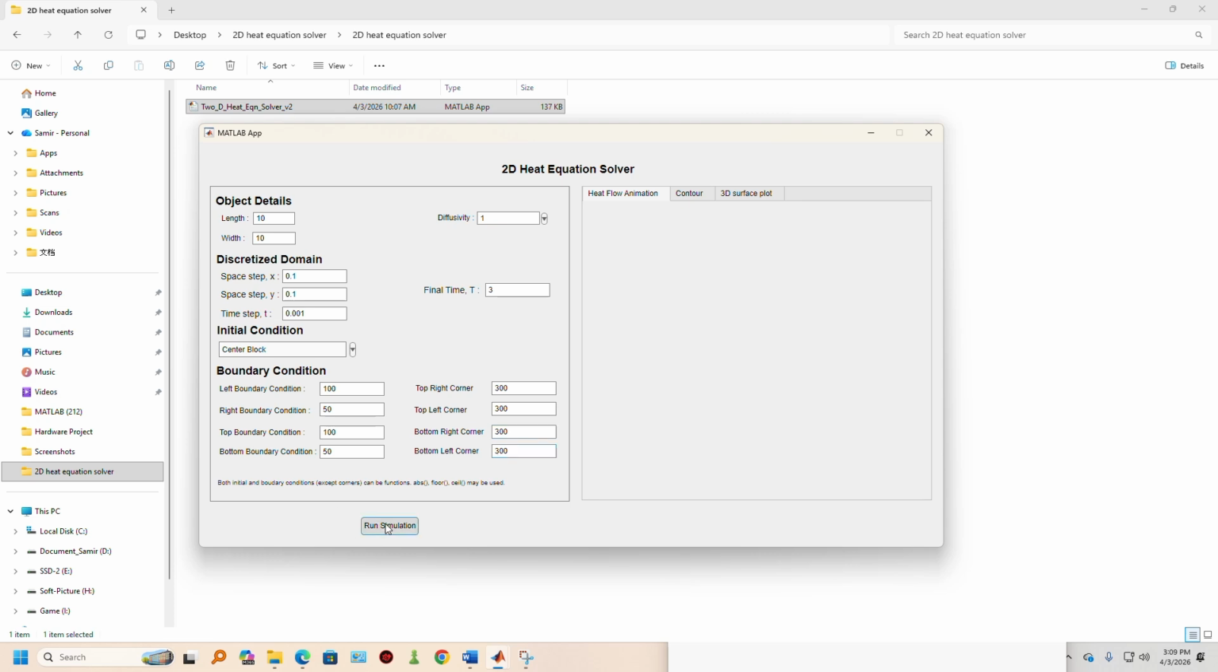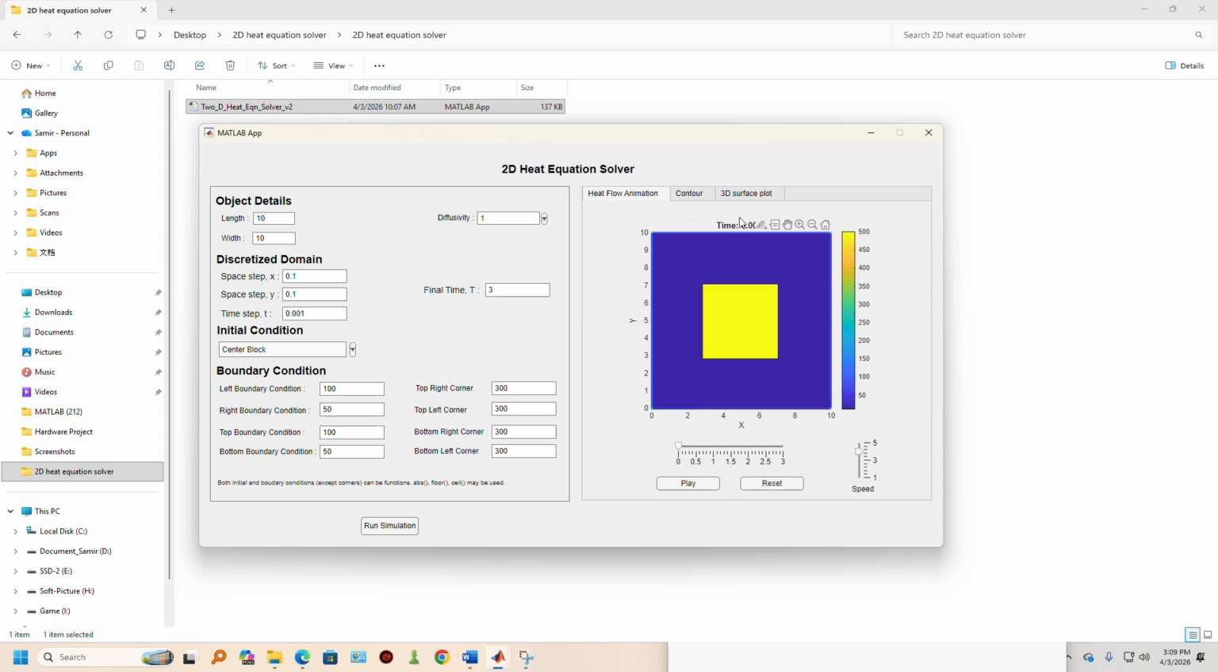Now if we run the simulation, we'll get this interface. Here the center block is a temperature block of 500 units and the surrounding is 0 units of temperature. Now if I play the animation,